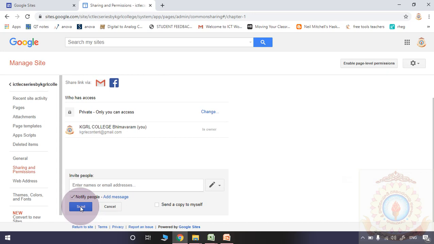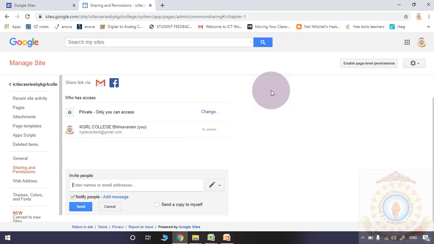Whenever those people with that particular Gmail ID log in on the browser, then only they are able to open this particular website. That means from their mail, with the help of their email ID, from their browser only they are supposed to open it. First of all they need to log in with their Gmail ID.